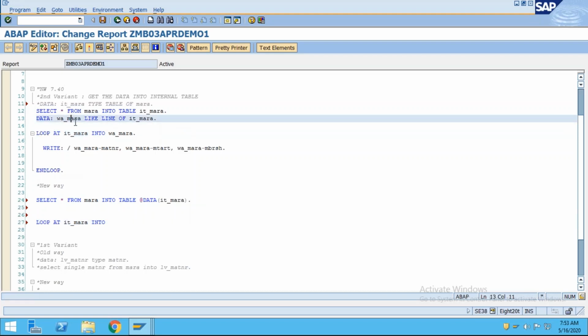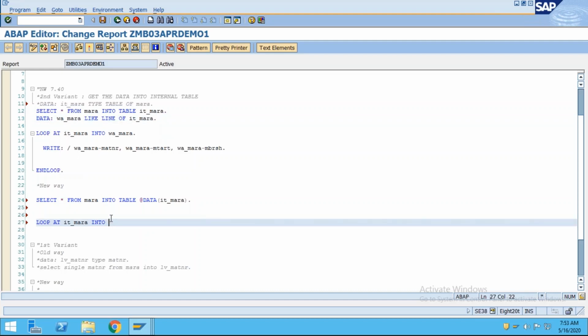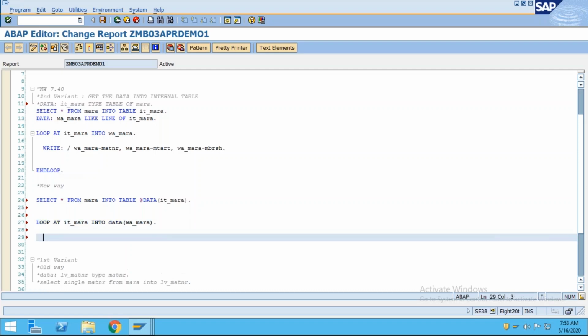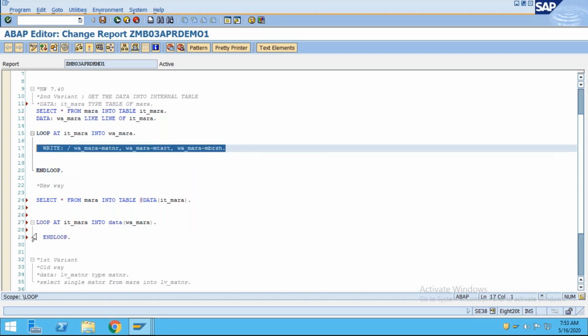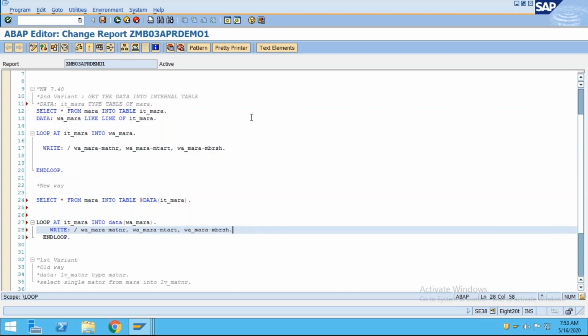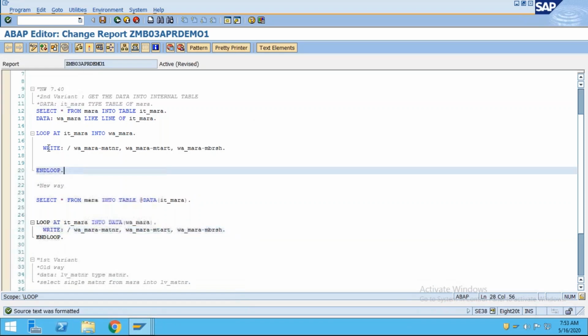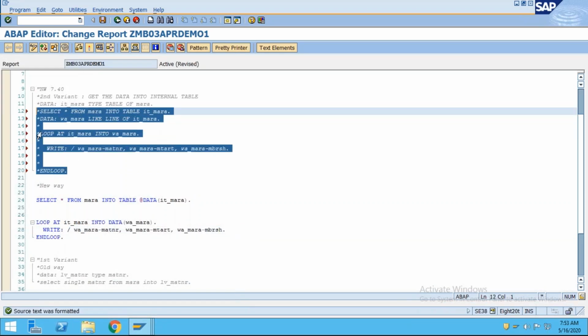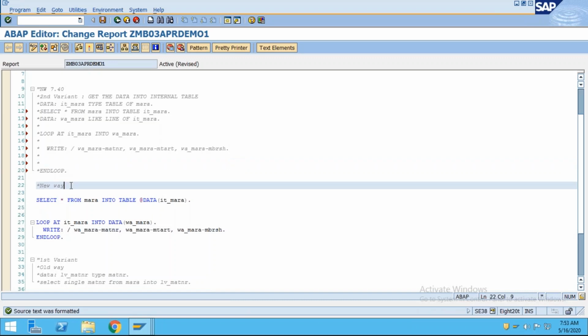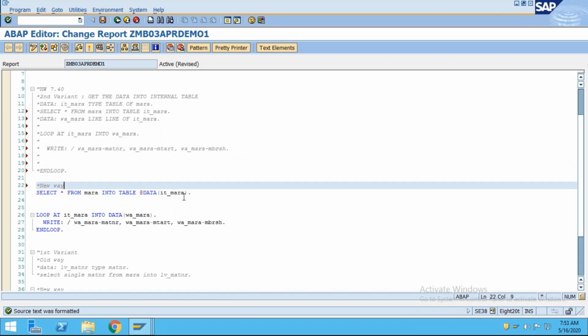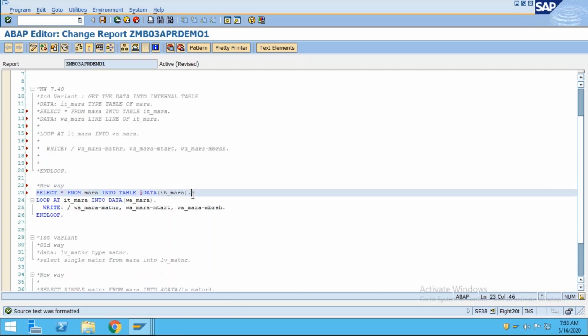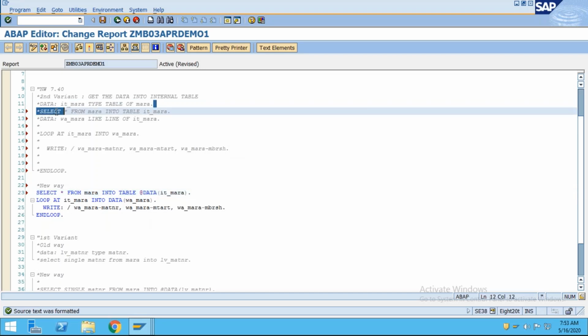It is not necessary to declare over here. Directly give the data statement over here, and wa_mara you can use full stop, end loop, and you can print this value. You can directly print this value and it will work without any problem. I'm just going to comment out the old one, and the new one, you can see that I have not done any explicit declaration like this data,